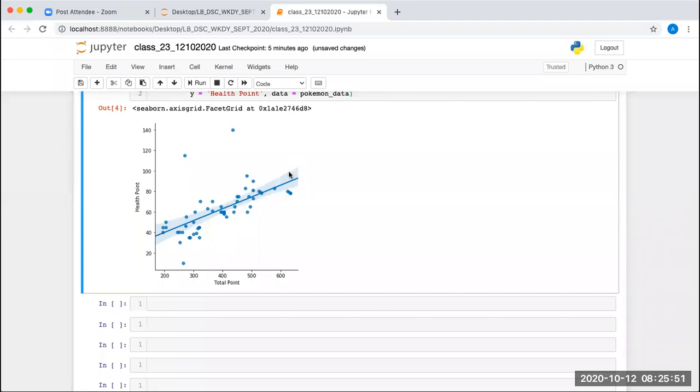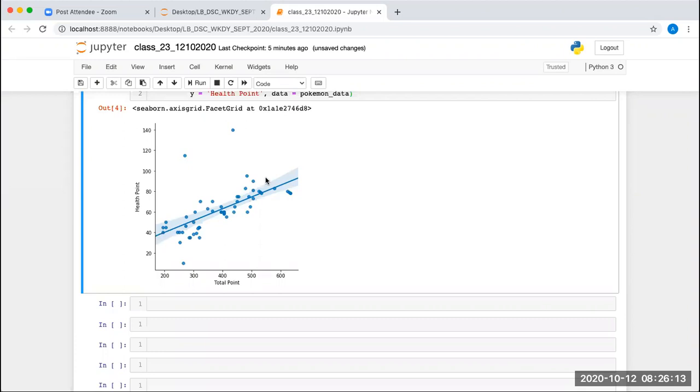What the confidence interval is, how to calculate it, and how to interpret it, we will learn in the stats classes. But you can see that the data points are evenly distributed on both sides of the regression line. That's how we do this regression analysis.